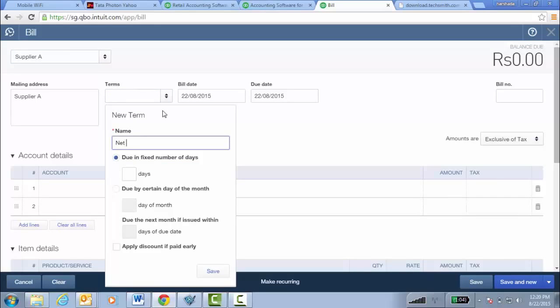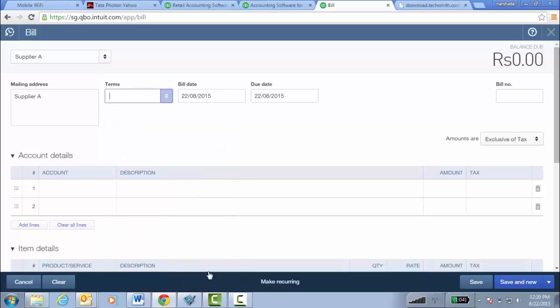For example, net 15 means payment is due in 15 days. Enter bill number. Here you can also specify whether product is exclusive of tax, inclusive of tax, or out of scope of tax.